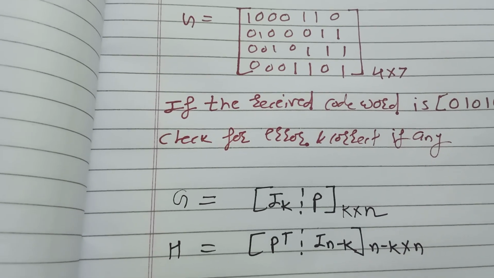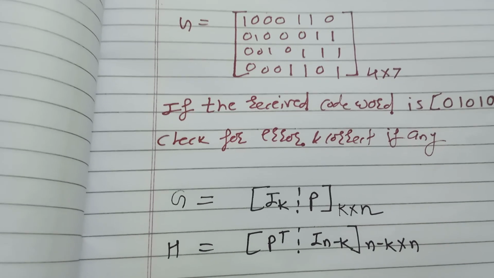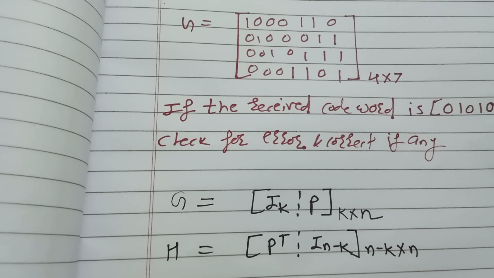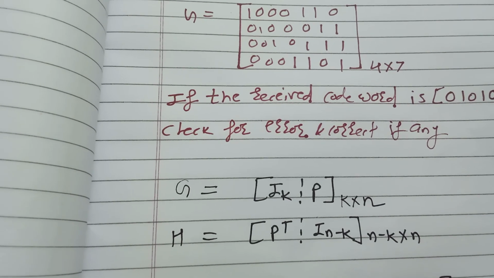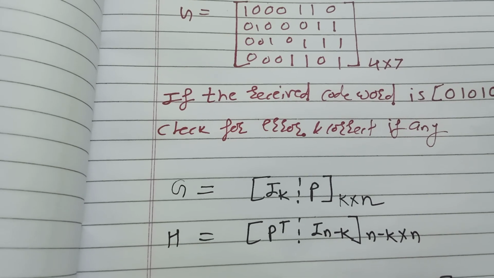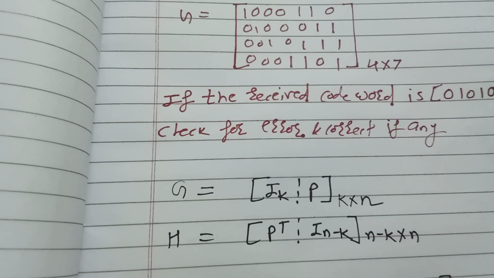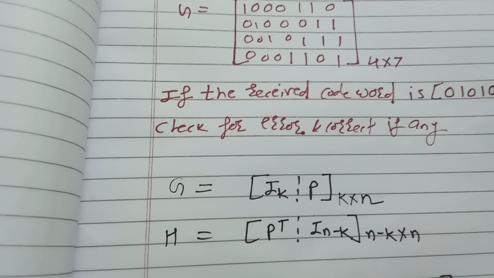If you remember this, there is no need to remember other dimensions of the matrix. And H is in the form [P^T I_(n-k)], of dimension n minus k into n. So you have to remember these dimensions only,